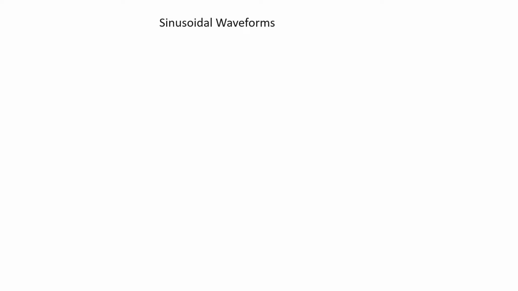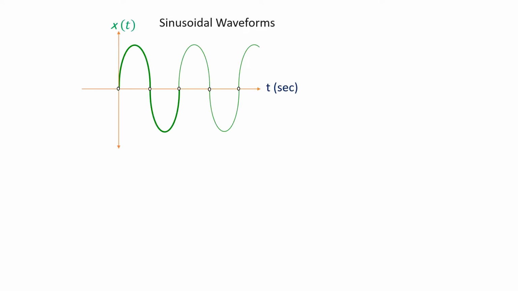Let us understand some basics of sinusoidal waveforms. You are now seeing in this figure the variation of x with respect to time in seconds. On the time axis, the values are marked as 0, T by 2, T, 2T, and so on. X of t here is the instantaneous value. This is the value which changes from one instant to another instant.